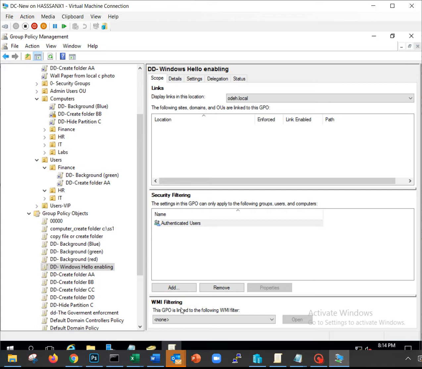WMI filtering, it's a programming language. It's not a programming language. It's an SQL kind of query language that will allow you to write queries where you can say specific things about the computers or the rules. It could vary from something as Windows 10 only, or Windows 7 only, or Windows 7 and newer, or Windows 10 and newer, or Windows XP and older, to the point of whether this computer has enough RAM, or this computer has enough hard disk, all this kind of query.